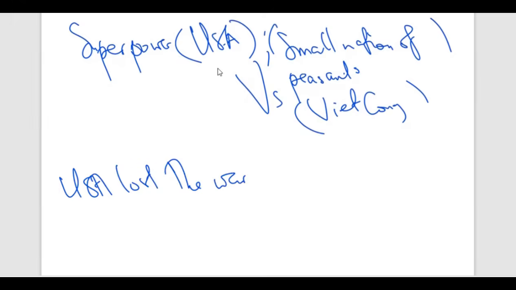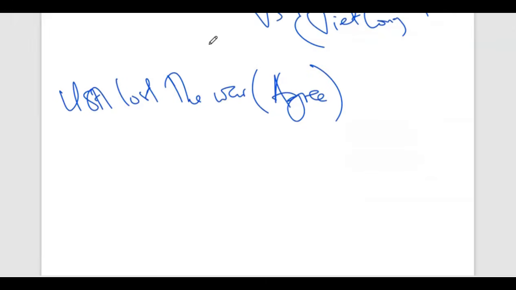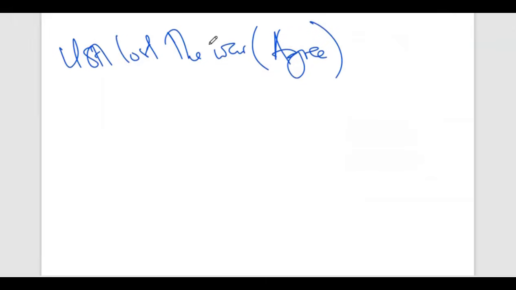The war results came in favor of the Viet Cong. So the USA lost the war. So there's no way we can disagree. We have to agree. That is in agreement. So what you need to do when you're answering this question, I will start by highlighting the key aspects of answering the question. We are looking at the question which says, do you agree?